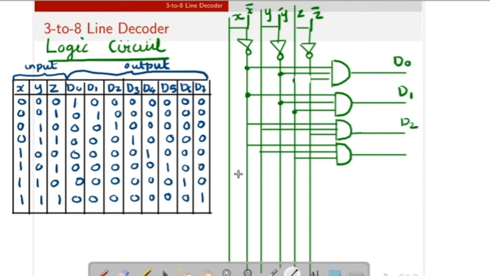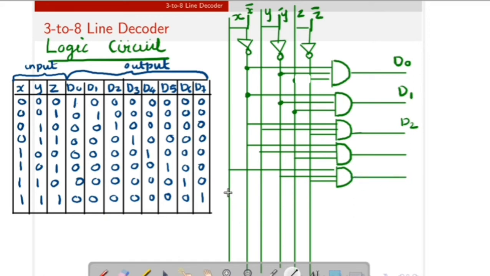Then D4 is X, Y bar, Z bar. This is the output D4.